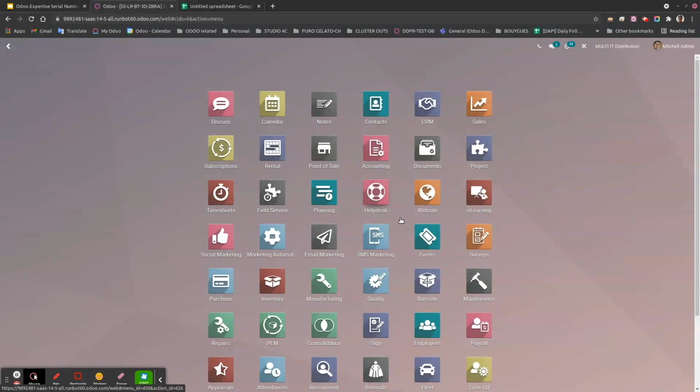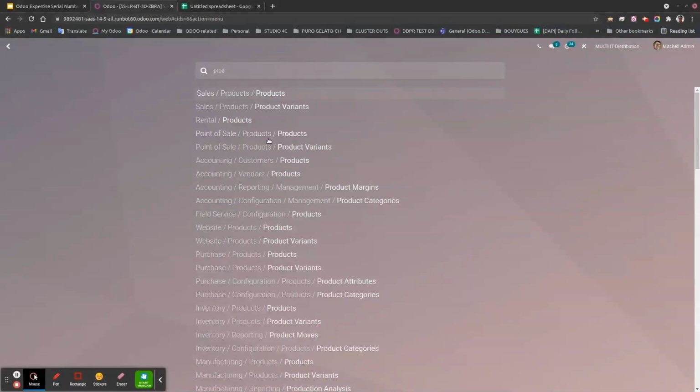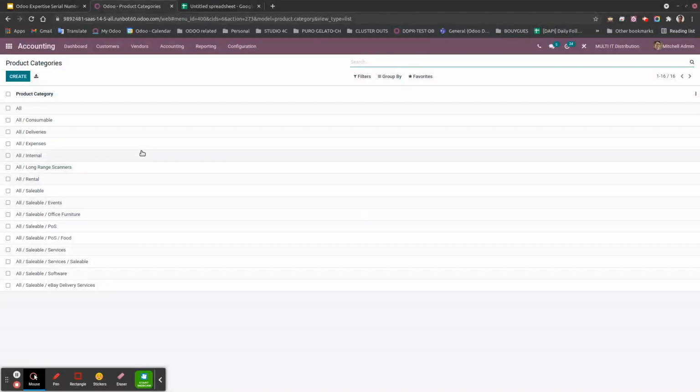In the multi-IT case, as we have several orders a day, several different products into two different vendors, and these vendors require full tracking from the beginning to the end, when the product arrives in the company until when it's delivered to reseller, we're gonna choose to add the serial number in the inbound process. To do that, we're gonna go to product category. And first, we're going to check if our product category for long-range scanners,